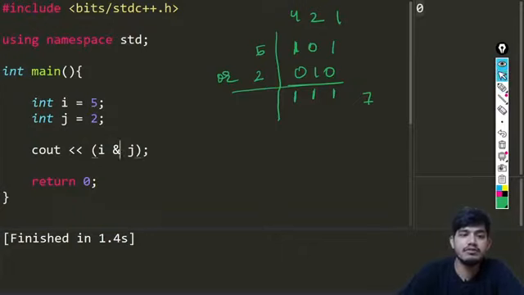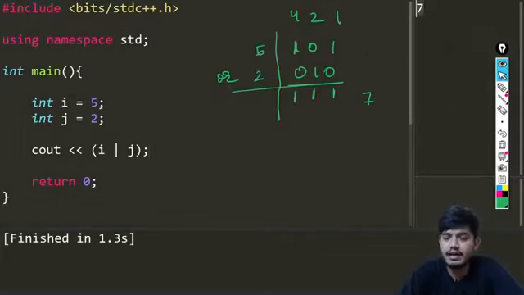Now let us see if we just do something like this. Instead of doing that, I'll be writing this one dash, which is nothing but the bitwise OR. Let's see what happens if I try to run the code. The value which we are expecting, we successfully got that as 7 here in this case. So that is again the OR operator.